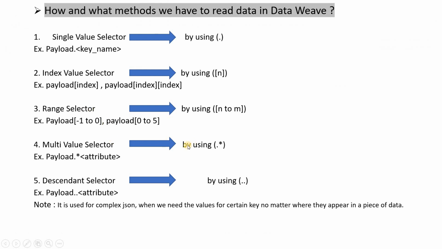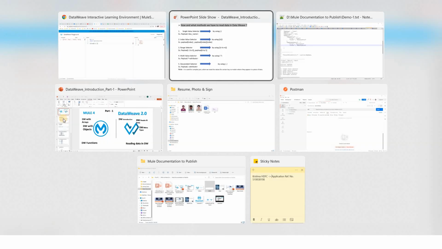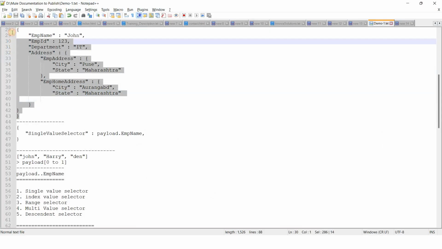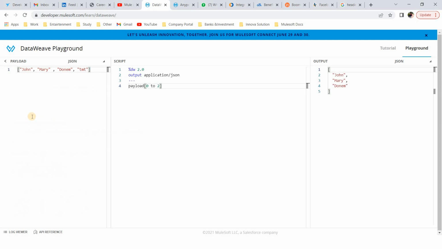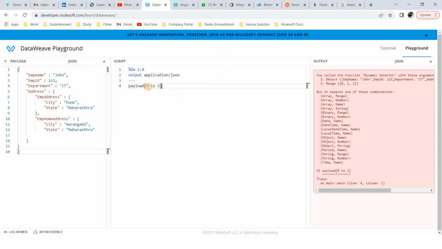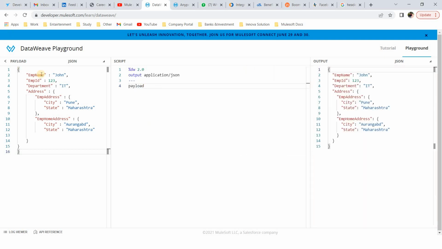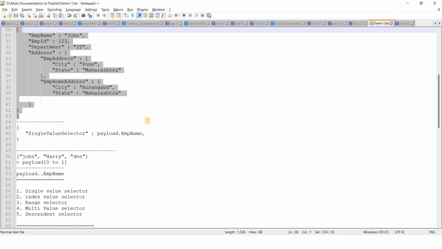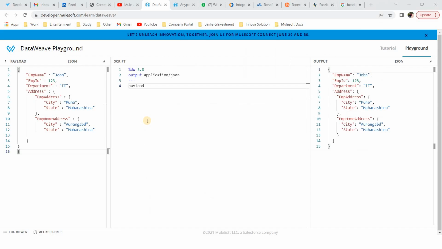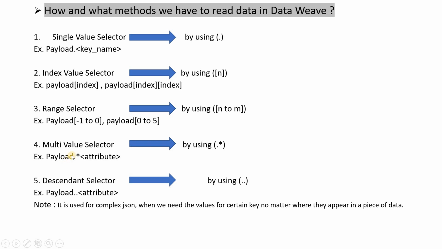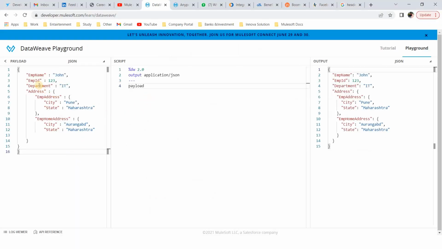And now coming to the multi-value selector. For the multi-value selector, let me change my input again. So this is my input. So we have to cover the multi-value selector. Let's say I define employee ID here also, like 1 3 5 3 4 5.